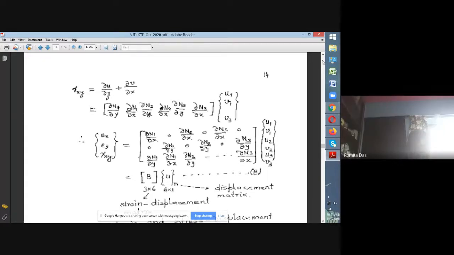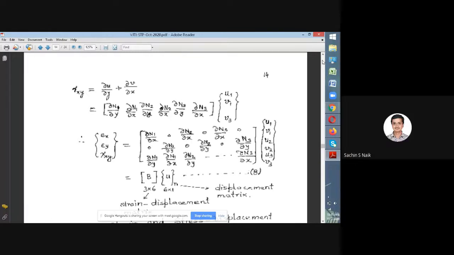Yeah. See, generally, for elastic cases, we never have a Poisson's ratio of 0.5. It is always less than 0.5. That is one point. And if it is 0.5, then it is the perfectly plastic case. That case we are not discussing here at this point. We are trying to talk about elastic stress analysis. Okay, sir. Okay.